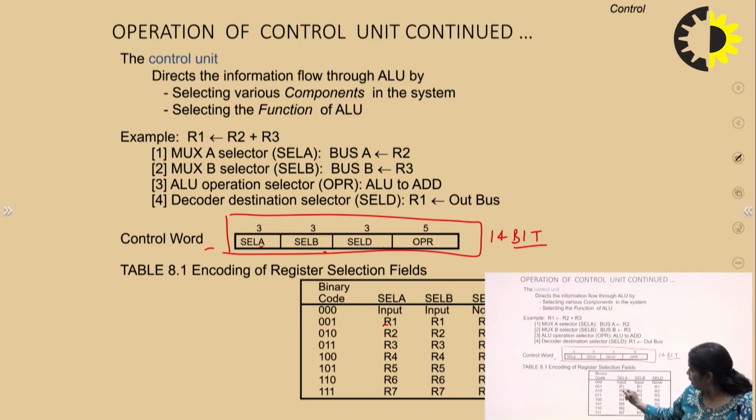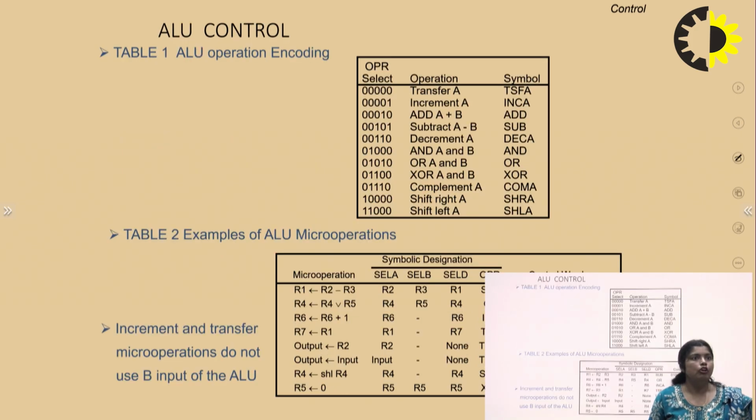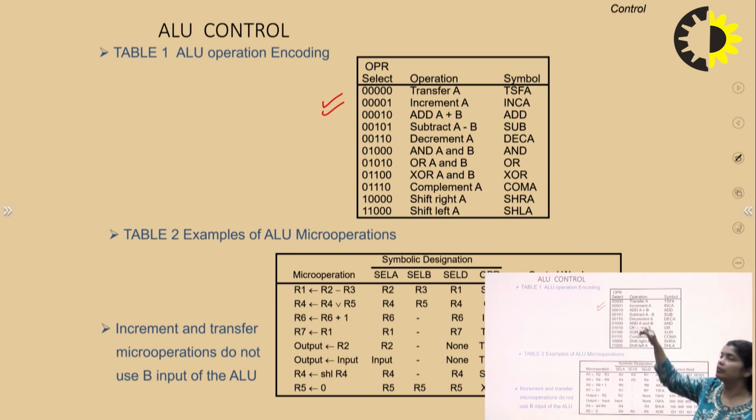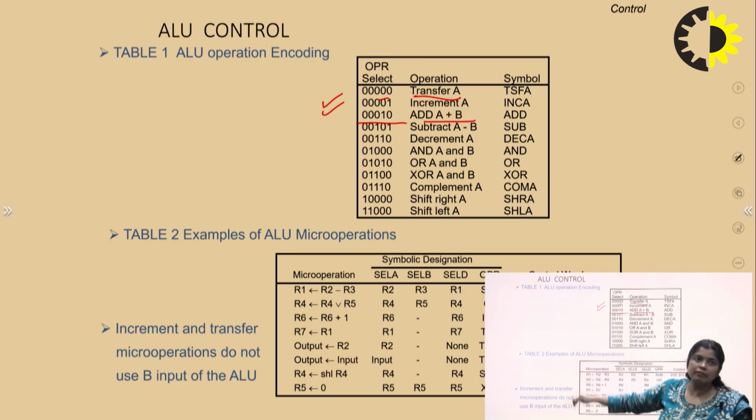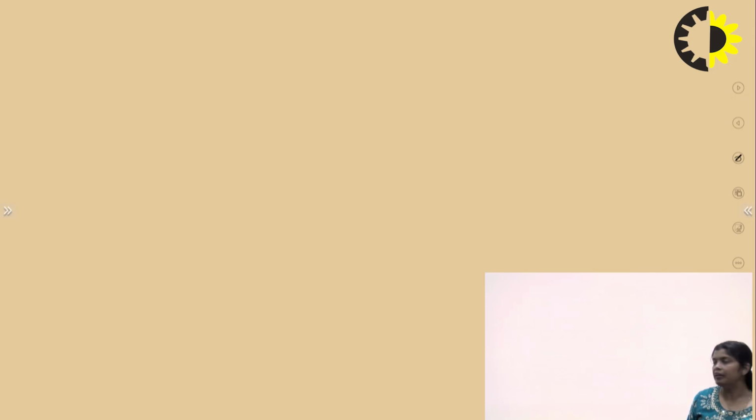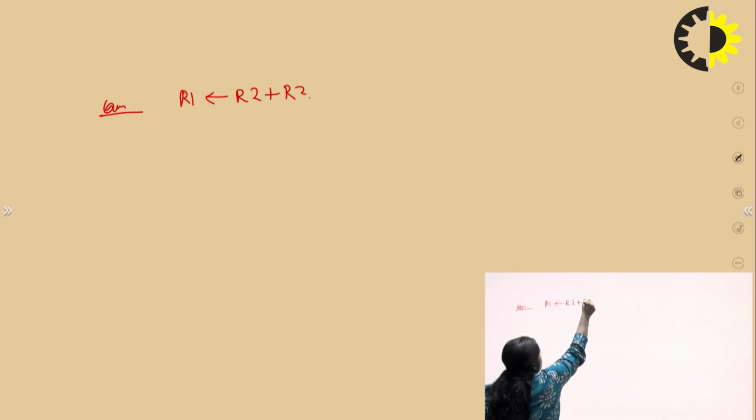For input R1, we can write with 3 bits, that is 001, R2 is 010, and if I am talking about R7, then 111. The operations have predefined values. If I am going to transfer, the operation code is 00000. If there is an addition operation, A plus B, the value is 00010, and subtraction is 00101. So if we have to design the control word for R1 = R2 + R3,